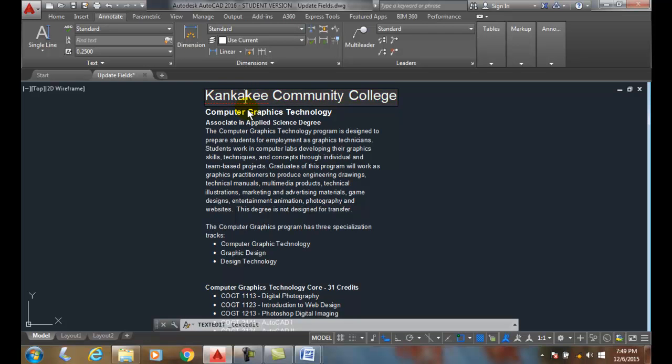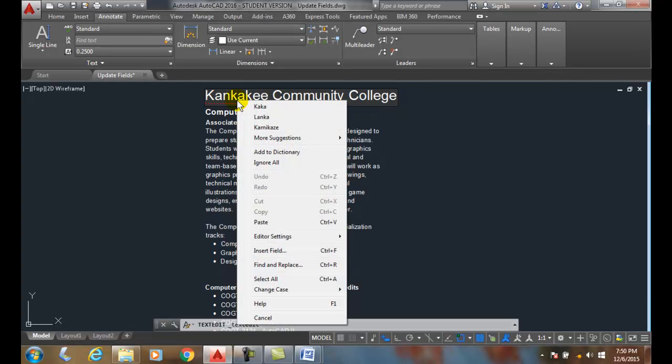In the single line text, you can see when I click in the text object that it's underlining this word here. This is Kankakee. Kankakee Community College is a proper name or proper noun, so it doesn't recognize that in the dictionary. So what I would normally like to do is right click and then say add to the dictionary. When I add this to the dictionary, this word will go in the dictionary,